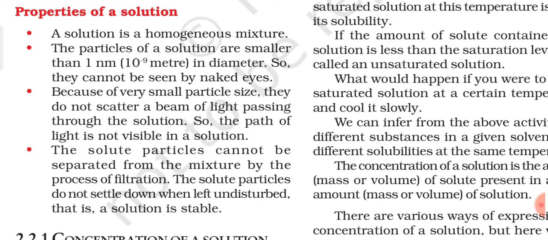So here what it is saying, in this third property, is that in case of a solution, the particles of the solution are so small that if any light, like a beam of light from a torch, strikes the particles of the solution, the light is not getting scattered, and the path of light is not visible to us. And that is what was also mentioned in that activity. So why is the path of light not visible, or why is the light not getting scattered? Because of the very small size of the particles of the solution.